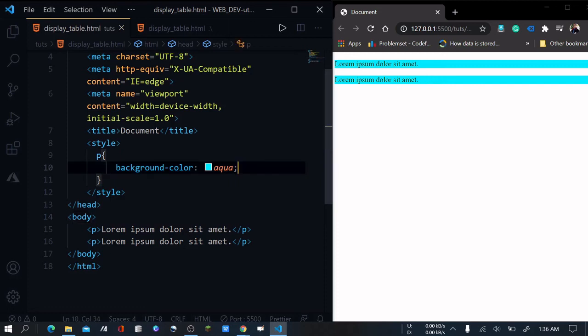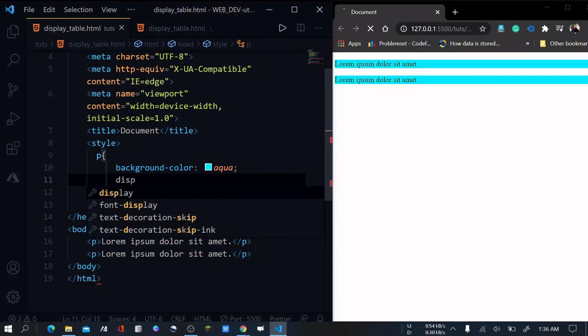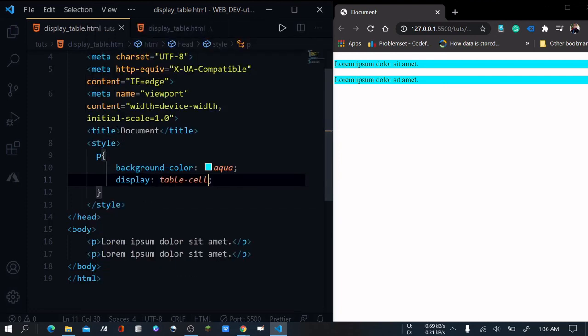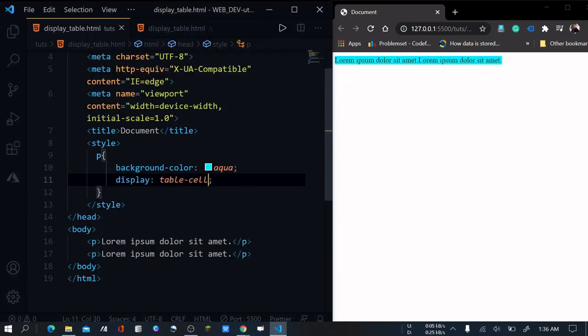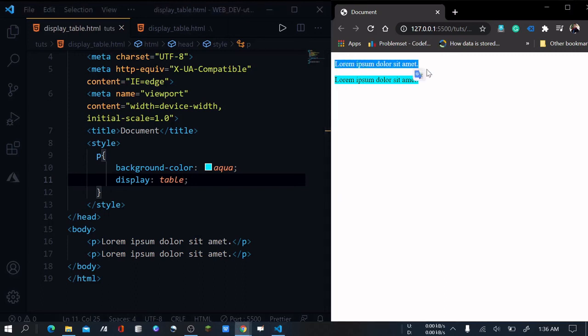Now if I change it to display table, not table cell but table, this is the difference between table and block. Display table will occupy only as much width as is needed.